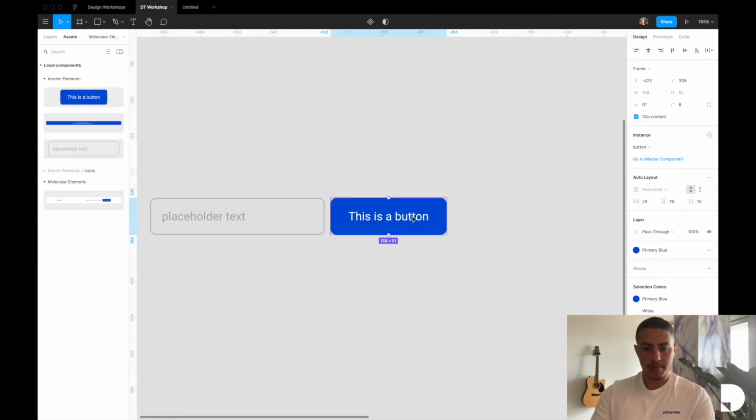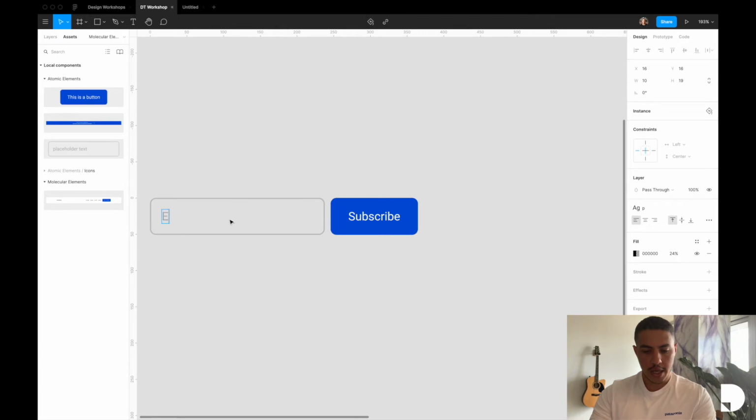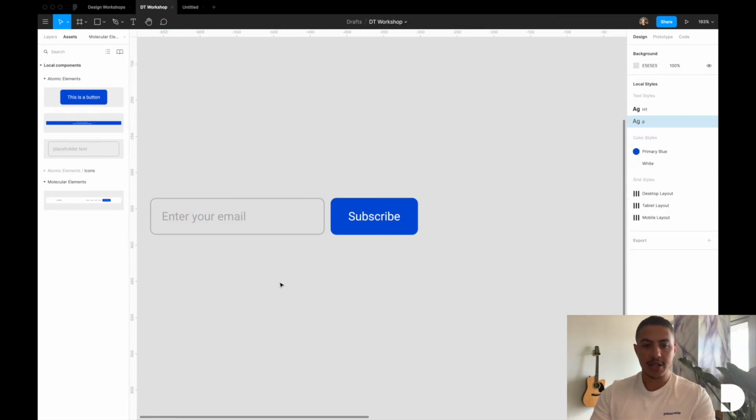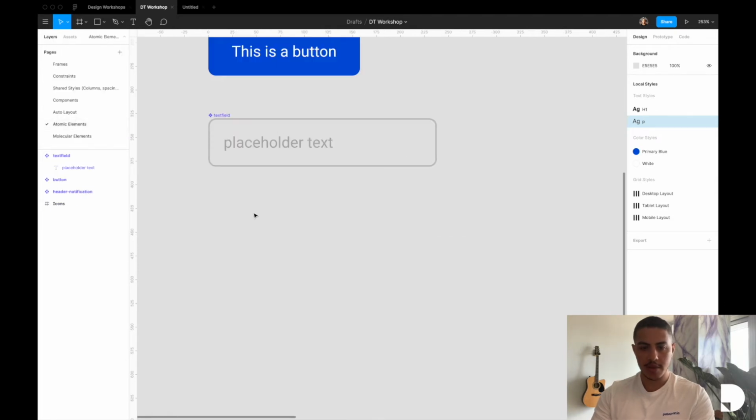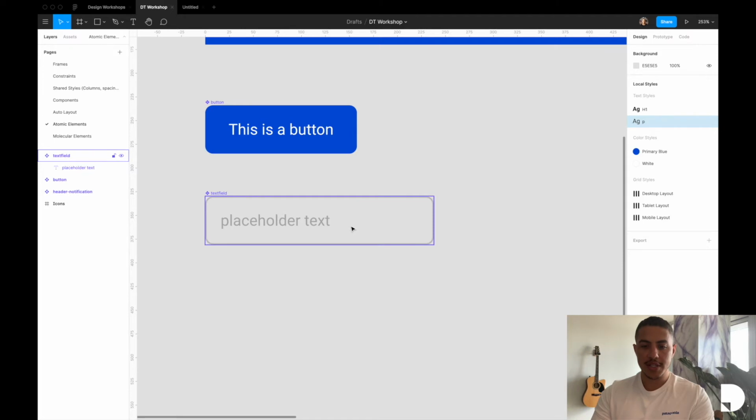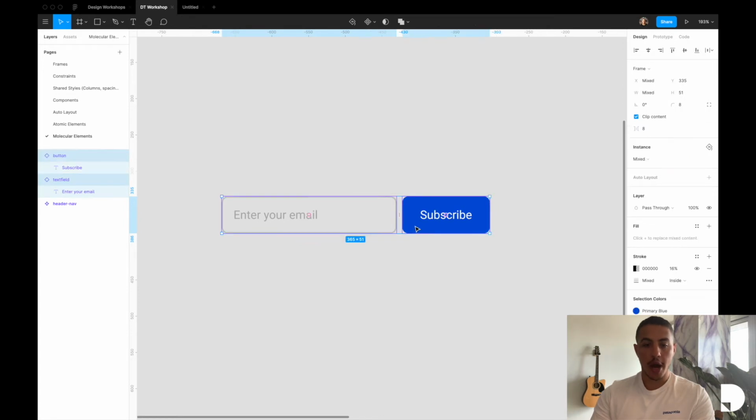I'm going to change the placeholder of my button to subscribe. And I'm going to change the placeholder of my text field to enter your email. And these won't affect the master component because these are just instances of the master component. So if you go back to atomic elements, you'll see that your components still have the original placeholder text. So now I'm just going to put both my button and text field inside of a frame, and this is going to be